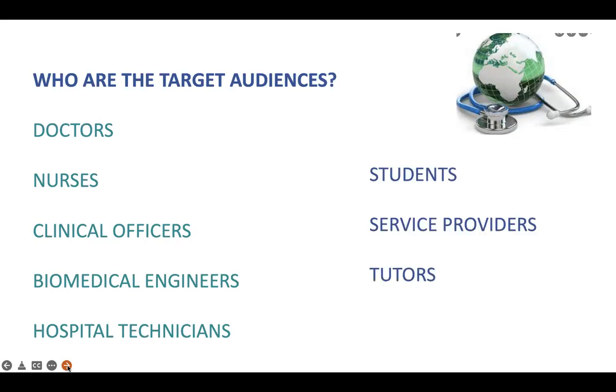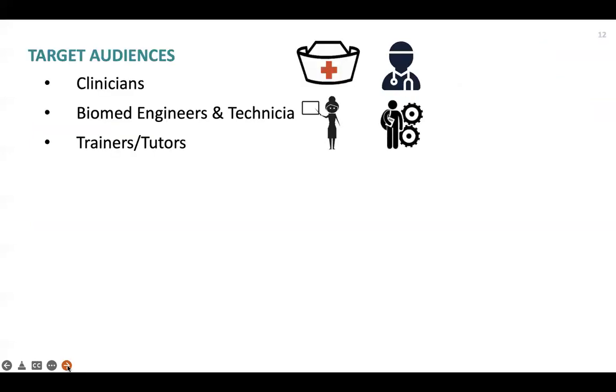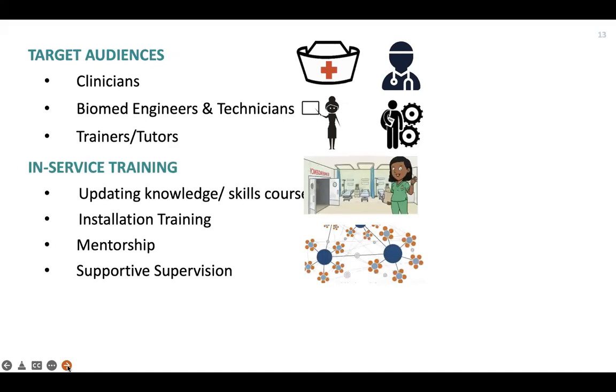Next. And we may be a student, we may be a service provider, or we may be somebody who's actually teaching the group that we've just described. Next. So we've got this group, and then we've got, next, the ways in which they might use things in service with updating knowledge or skills, installing various pieces of equipment through mentorship, and there may be supportive supervision. So that's largely in service. And next,